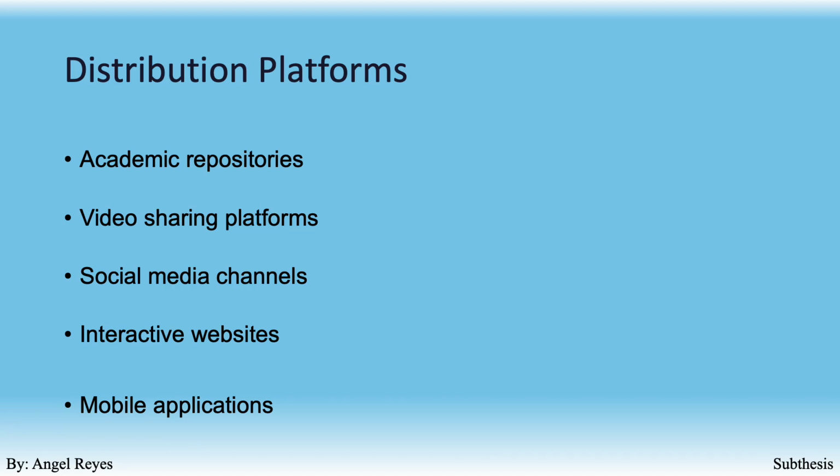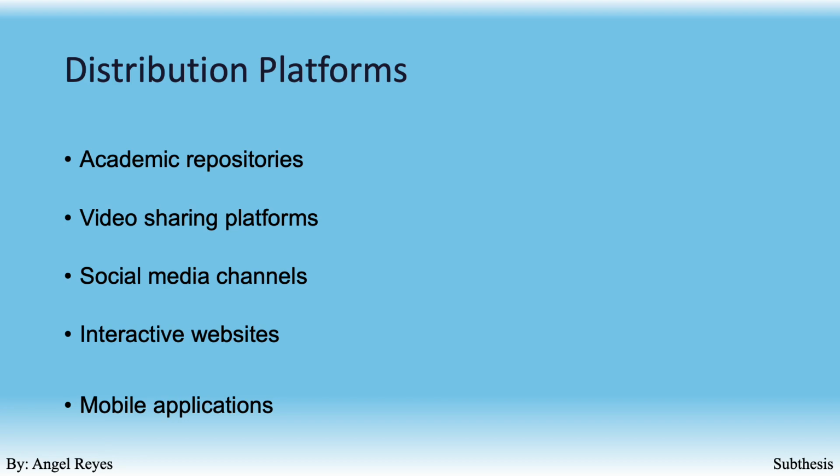Social media channels such as Twitter, Instagram, LinkedIn, or Facebook enable sharing shorter form stories or story elements with built-in distribution networks and interaction capabilities. Interactive websites developed through platforms like WordPress, Wix, or custom development allow creating comprehensive digital story experiences with maximum control over presentation and functionality. Mobile applications created through development platforms or programming provide immersive, accessible experiences optimized for on-the-go consumption